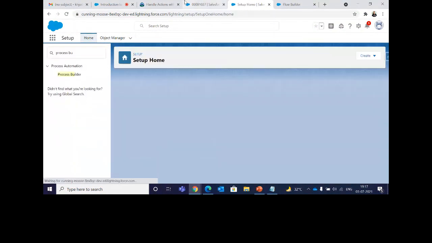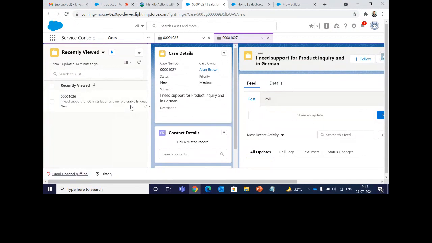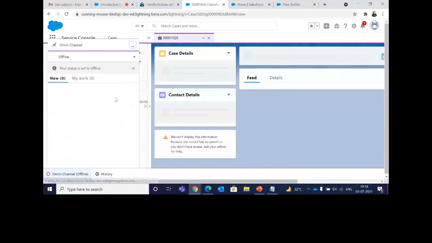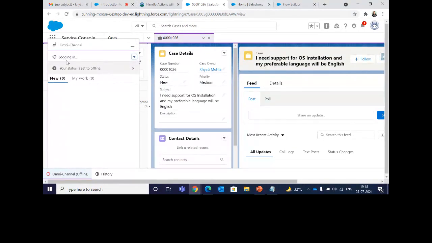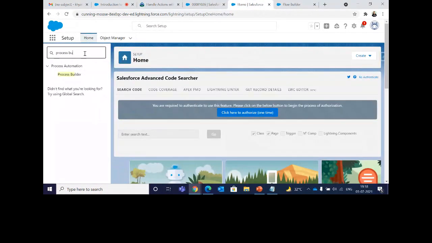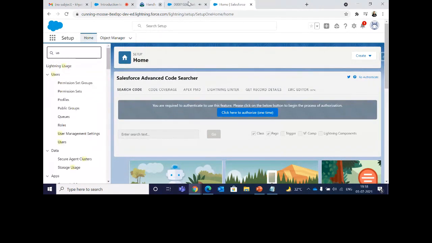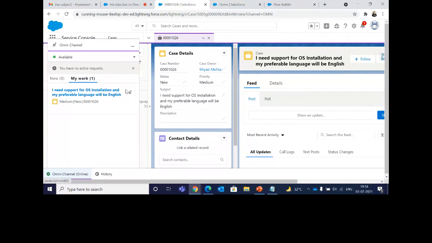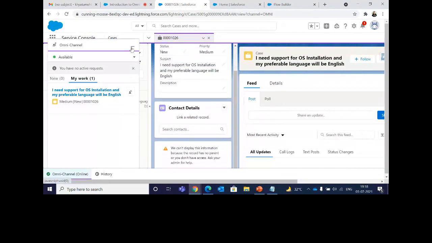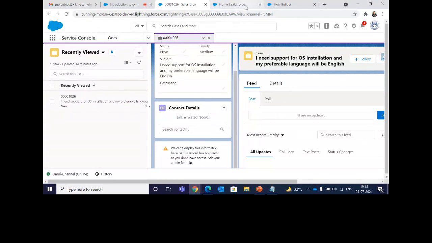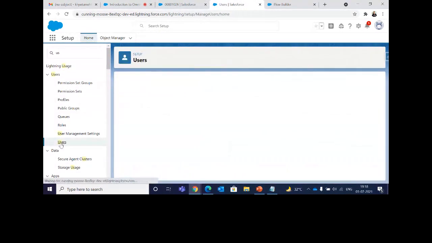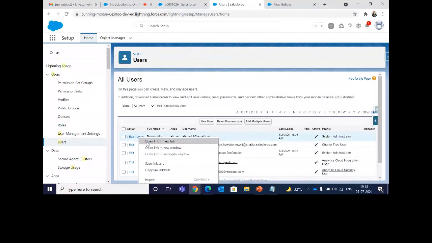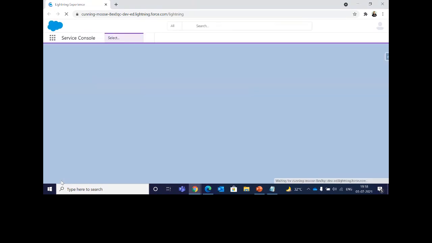It is done. I'll just check whether it is working or not. Making Khyati Mehta available the same way, I log in. I need to accept this. Once this is done, let me quickly log in via Alan Brown as well, and make the agent Alan Brown available as well.